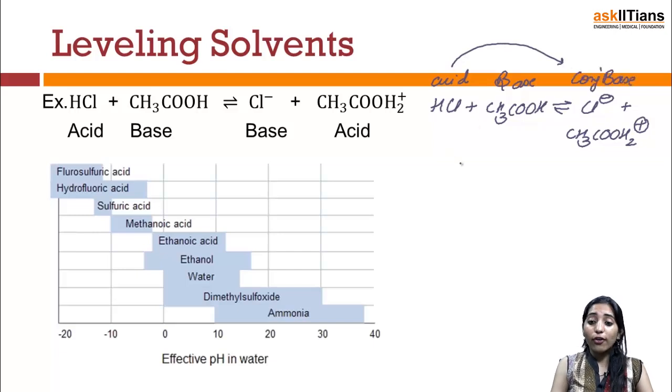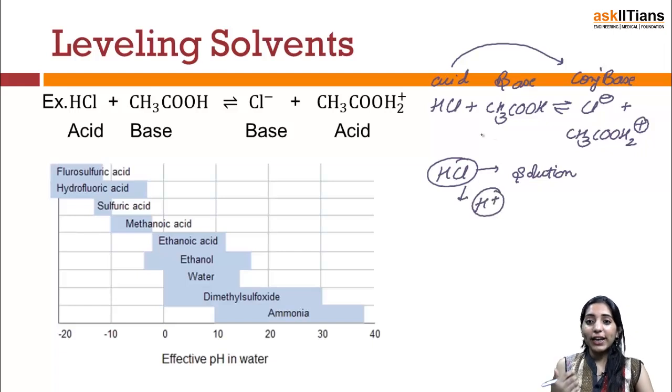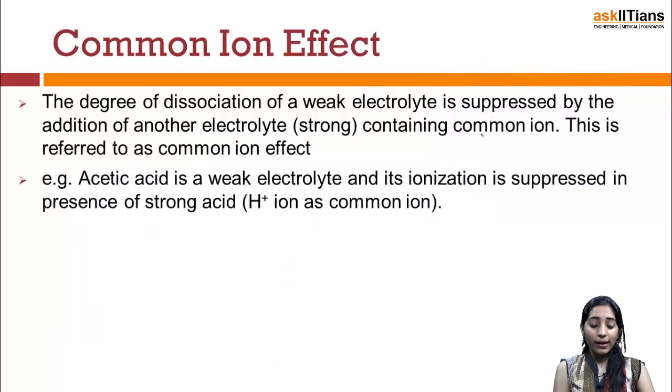So I can say that for any acidic solution of HCl, when HCl wants to release one of its protons, either the proton will be accepted by the acetic acid or the proton will be accepted by the Cl minus. So there is always a competition between the acetic acid and the Cl minus, which helps in differentiating the strength of the acid which is given to us. This was the concept behind how the leveling solvent is very useful in solving questions about the strength of acids and bases in different solvents.